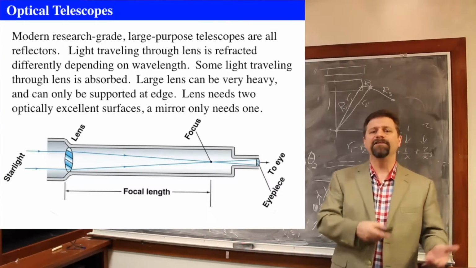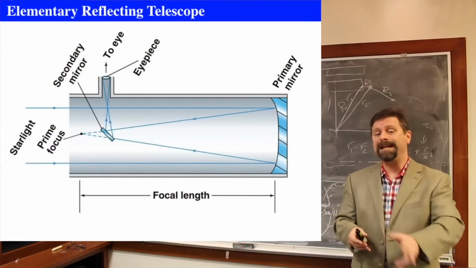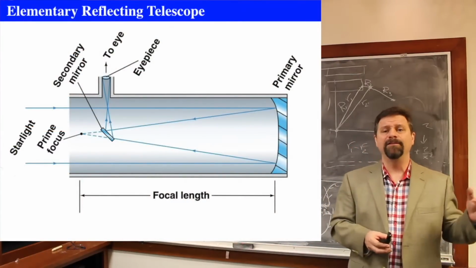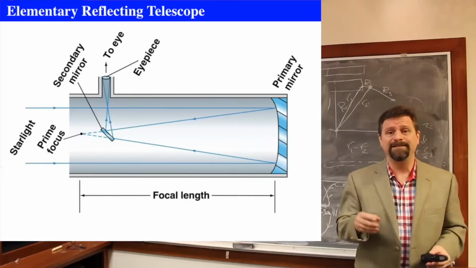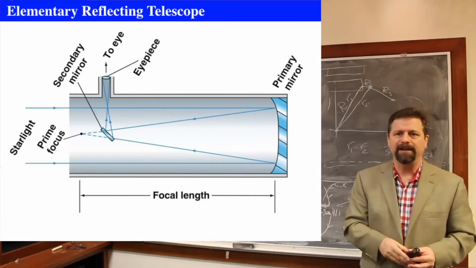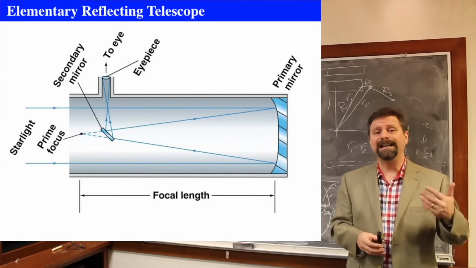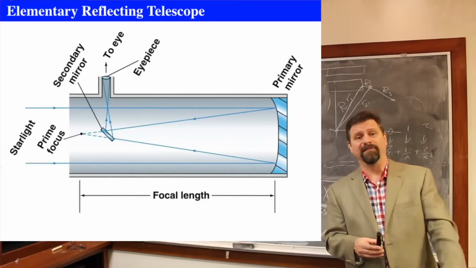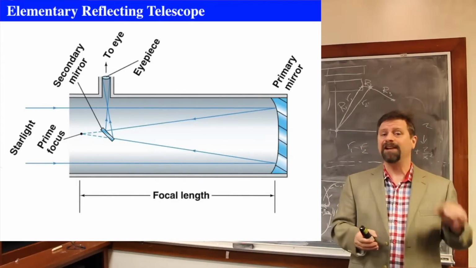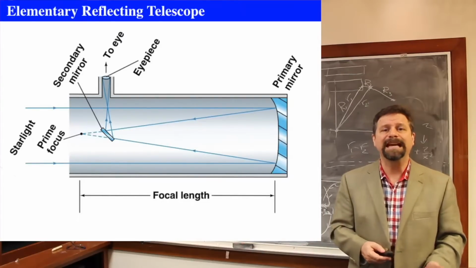So elementary reflecting telescopes, there's lots of different kinds of reflecting telescopes. The basic is you've got a mirror, and then you figure out a way to put your detector at the prime focus or at the focal length. The problem with reflectors is, of course, you gotta put something in the path of the light. So you get diffraction, not just from the telescope, but diffraction around the thing that you've put to gather the